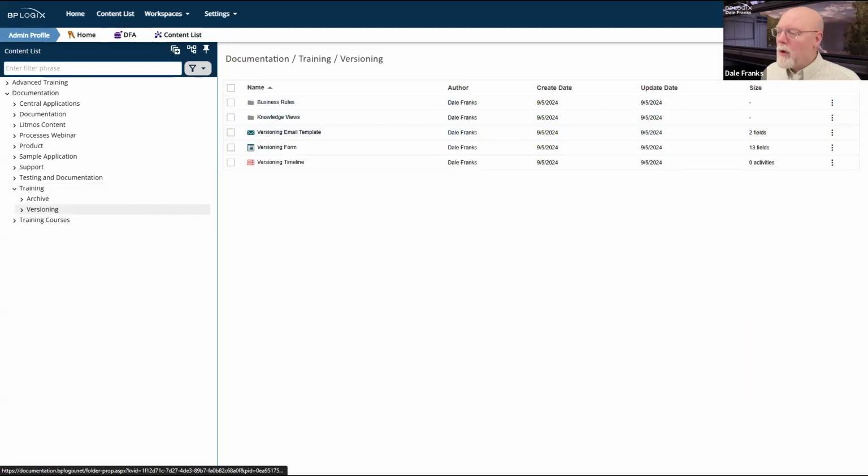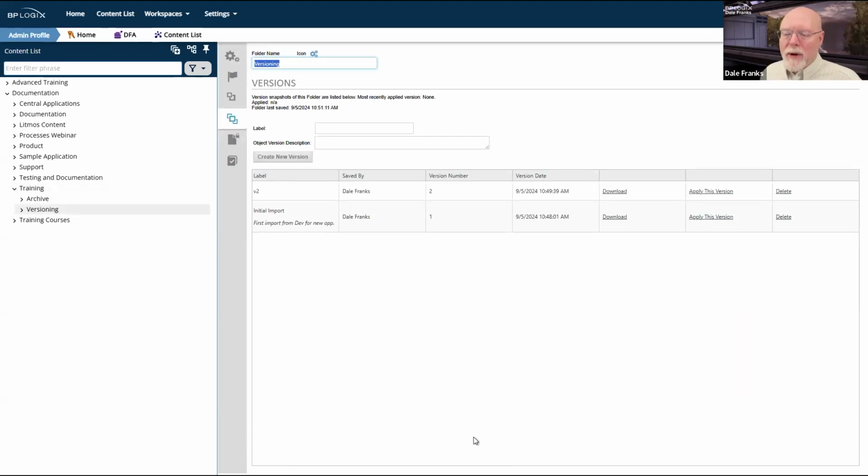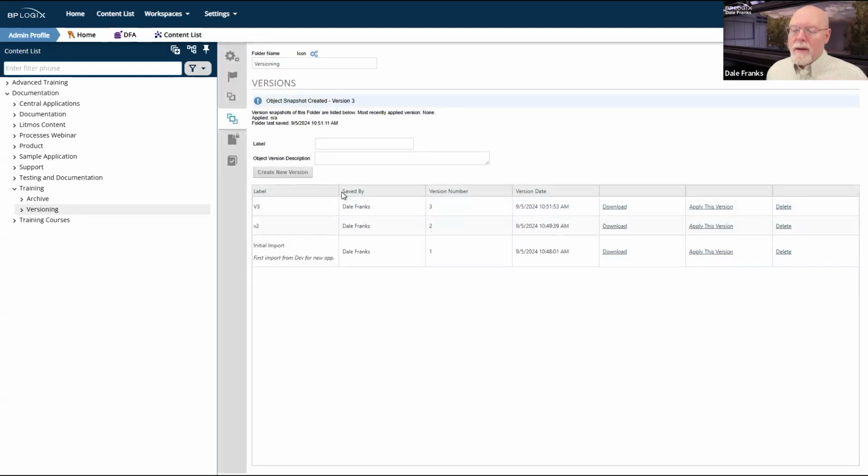So we'll go into our versioning folder. We'll go to properties and we'll look, and we still have this version. It's not the same version. We have the old version 2 showing up in our versions list. So I really do, at this point, need to make a V3 so that there's a difference. Obviously, I should have put in something about this is a, here, we'll do a V4.